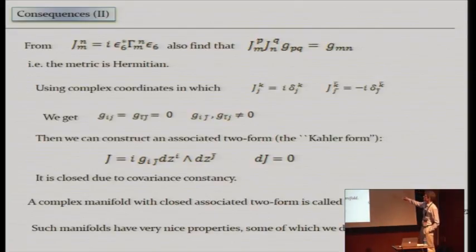So if you wish, this is a tensor of type (1,1), where (1,1) means it has one holomorphic and one anti-holomorphic index. And the (2,0) and (0,2) components, that is the two holomorphic and two anti-holomorphic indices, those pieces both have to vanish. Now, if you're given such a (1,1) tensor, you can construct an associated 2-form. In this case, it's called the Kähler form. So we just take g_{i j bar} dz^i wedge dz^{j bar}. The covariant derivative of J was 0, so this thing is actually going to be closed. And so a complex manifold which has such an associated 2-form which is closed is called a Kähler manifold.